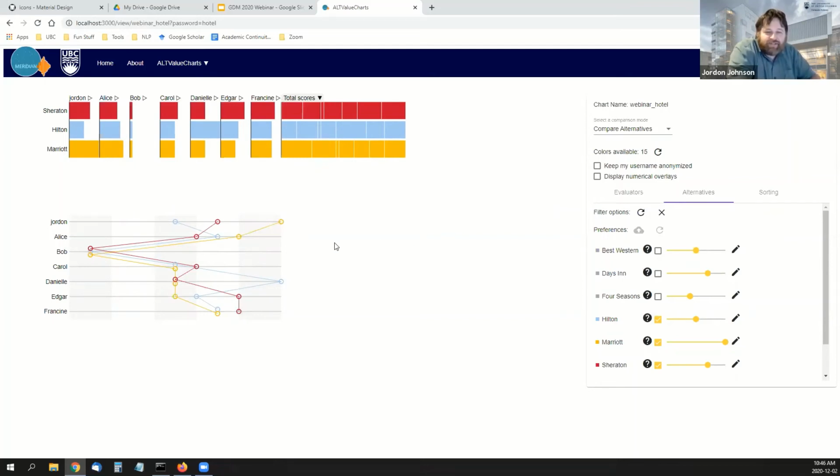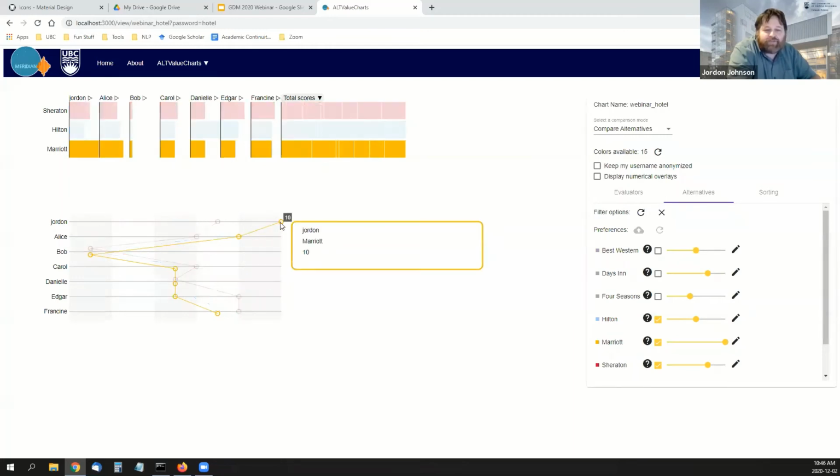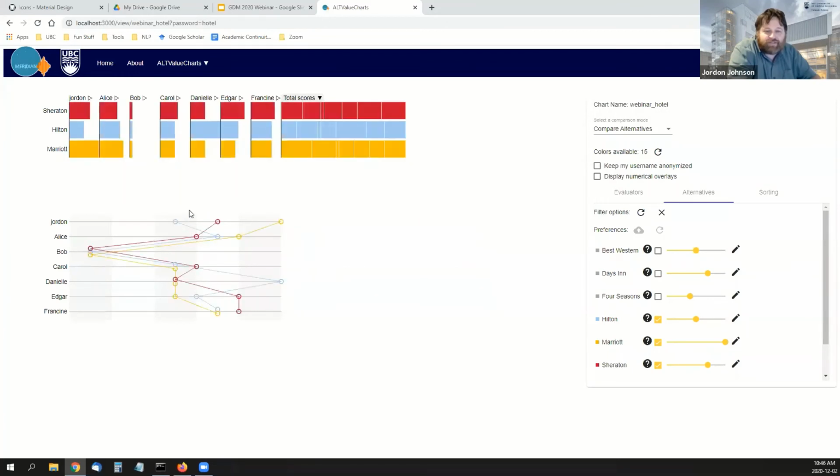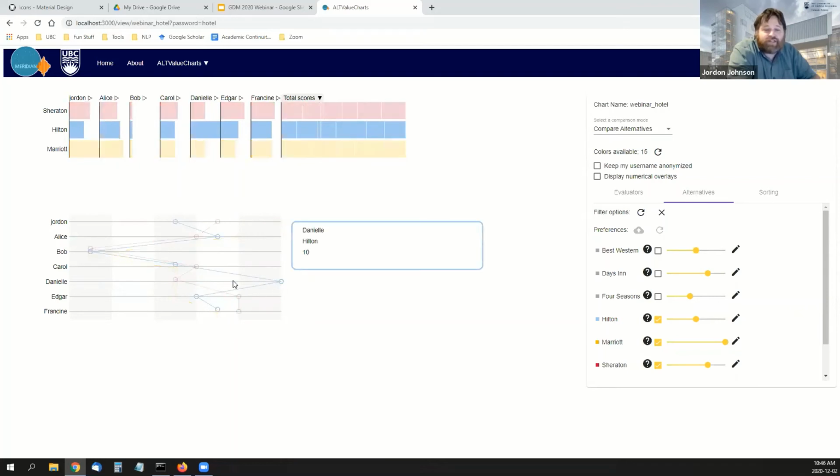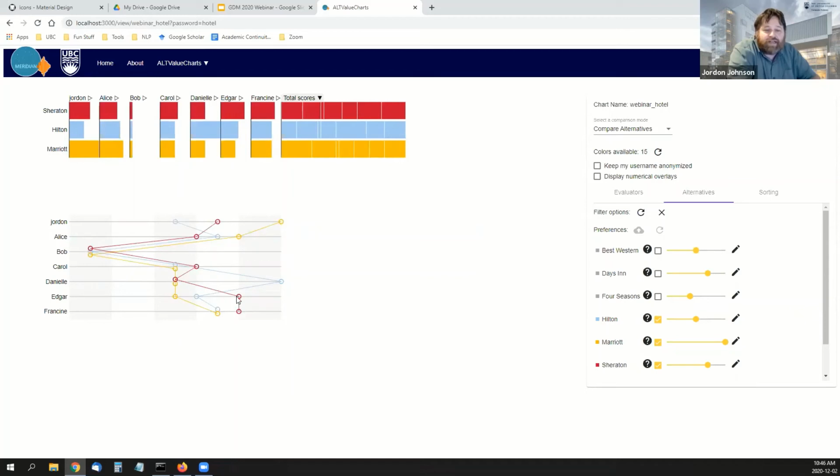So let's take a look at some of these trade-offs. Now, it seems that I've got a pretty big difference between my scores on the Marriott and the Hilton. But it seems like Alice, not a huge difference between them. Bob seems to hate them all equally. Again, we'll come back to Bob. Carol doesn't seem to make a huge difference to her. Danielle seems to really prefer the Hilton over the other two. Edgar's got a bit of a spread, but not insurmountable. And again, Francine's got a bit closer. So it looks like Danielle and I have the biggest disparity in our scores between these